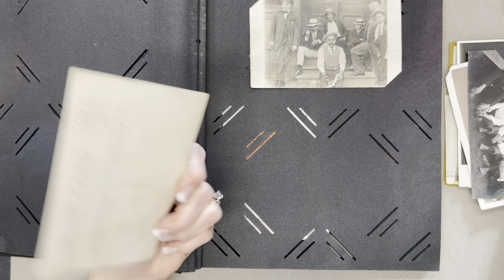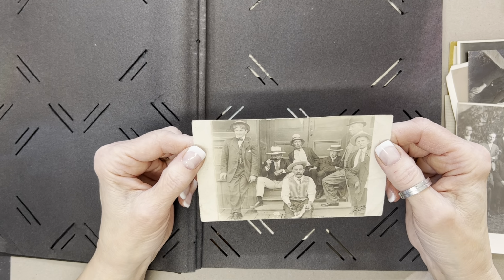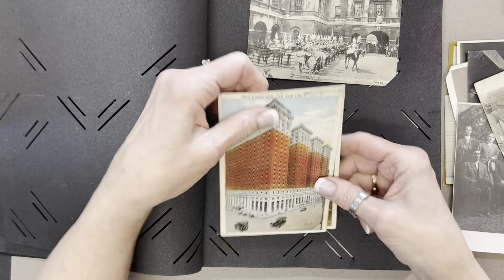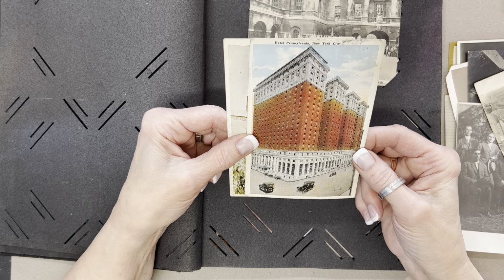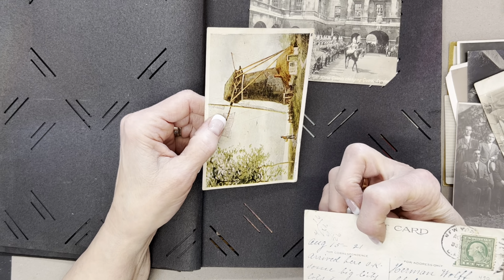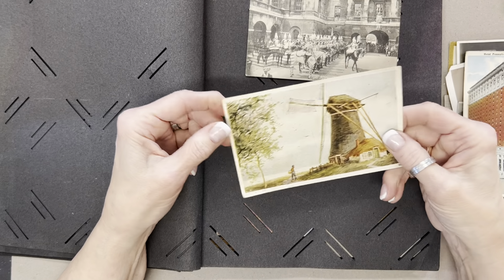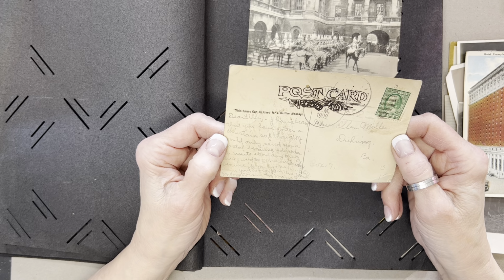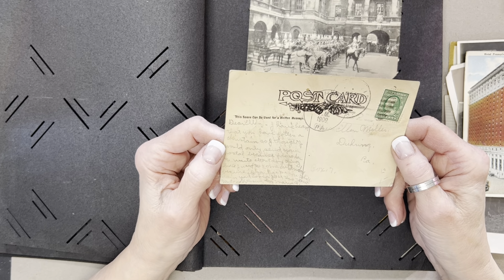I don't think so. Postcard. Postcard. Postcard. Hotel Pennsylvania, New York City. So this is 1921. This one is 1909. Dear Ellen, I have heard that you have gotten a